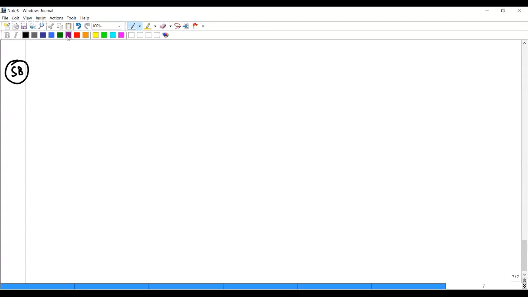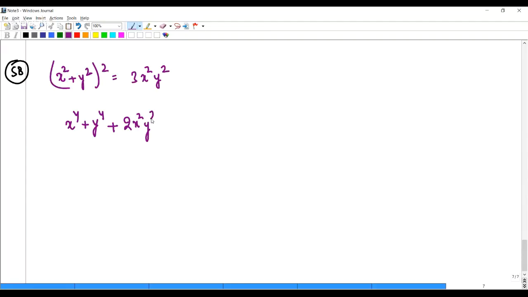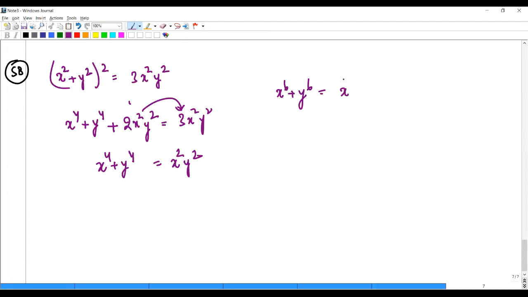58. They have given (x square plus y square) whole square is equal to 3x square y square. I would say x to the power of 4 plus y to the power of 4 plus 2x square y square is equal to 3x square y square. If it comes here, it becomes simply x square y square equals x to the power of 4 plus y power 4. And it is asking you to find the value of x power 6 plus y power 6, which is,